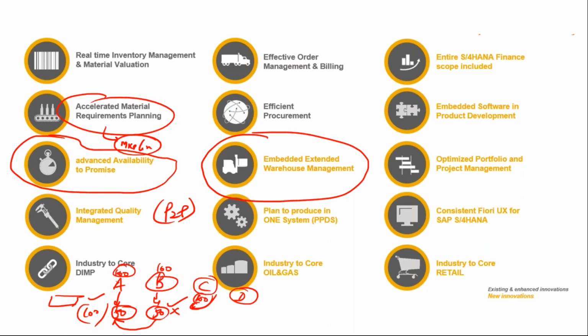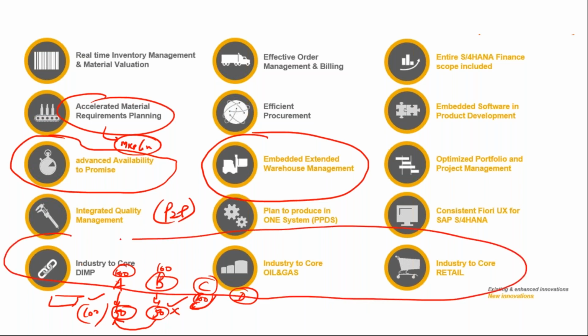When I talk about Fiori, it is completely about your Fiori, because it is the user experience part of SAP S4HANA. Okay. And the last three which I have put up are all your core solutions, industry core solutions. So one is my DIMP. When I talk about DIMP, this is called discrete industries and mill products, because SAP S4HANA solutions are concentrated, again, on the list of industries.